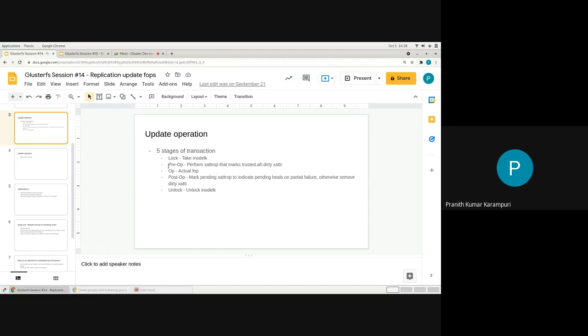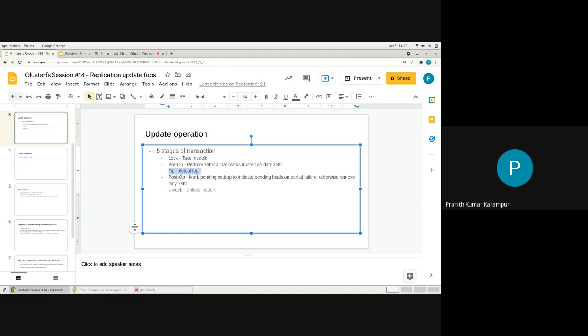The client tries to do the best it can to create the state as if there was a failure, as long as the client is available. So if your client takes a lock, let's say it is a create operation, it will create a file A on all the bricks in the replica, and if one of them fails, it will mark the extended attribute saying it failed on such and such replica. That way it is making it equivalent, as if the pre-op and post-op are done. So if there is a failure detected in the op phase, in post-op it will do the necessary marking.